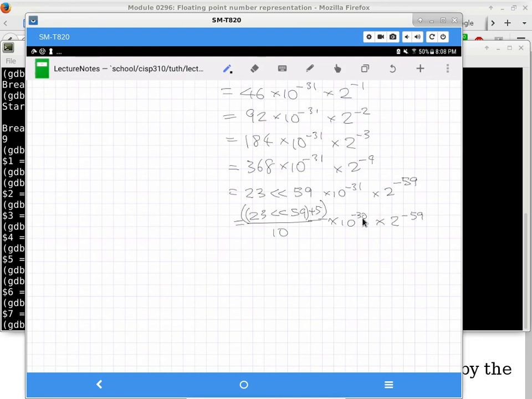Yep, there was another hand. Yep, go ahead. Right, so just so I'm double checking, the 2 to the negative 59. The reason why we have 59 is because we're already using 5 bits. Right. 5, okay, just double checking. We are already using 5 bits, but we want to build up 64. Right. So we need to shift in 59 zeros to the right-hand side of the original representation of 23.